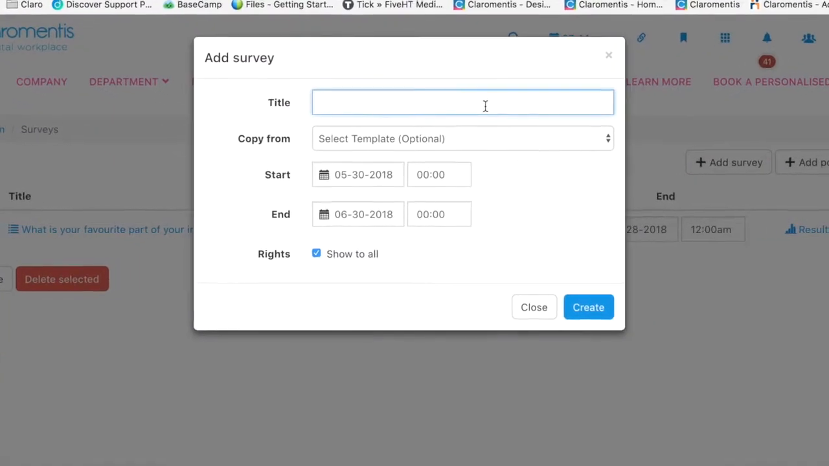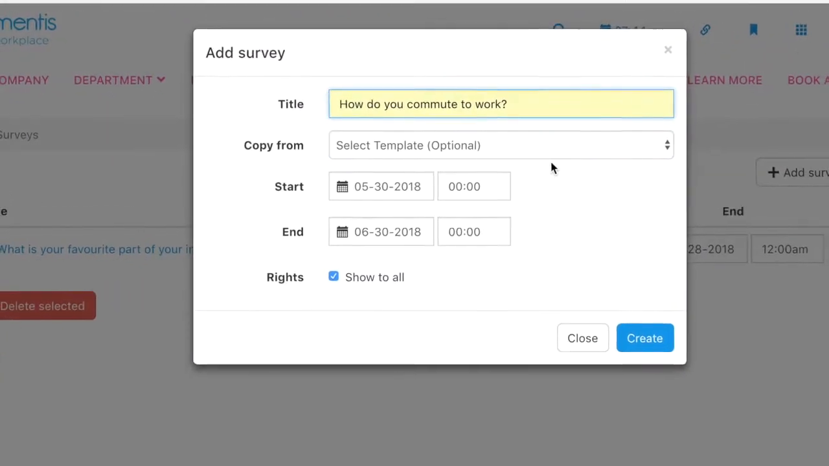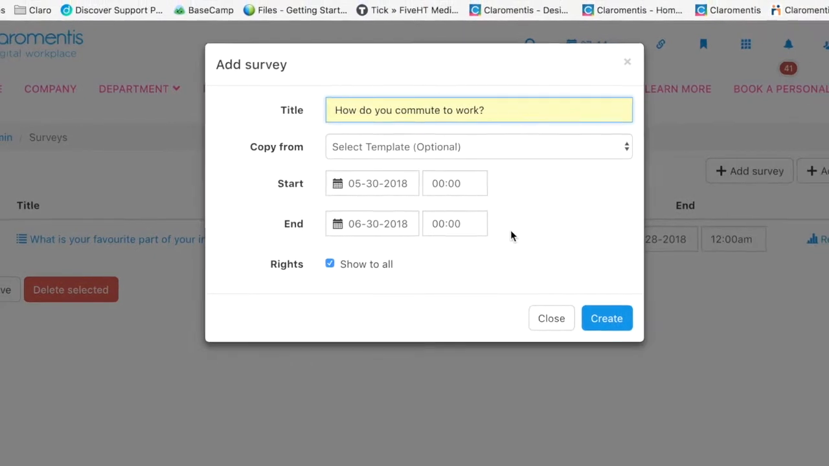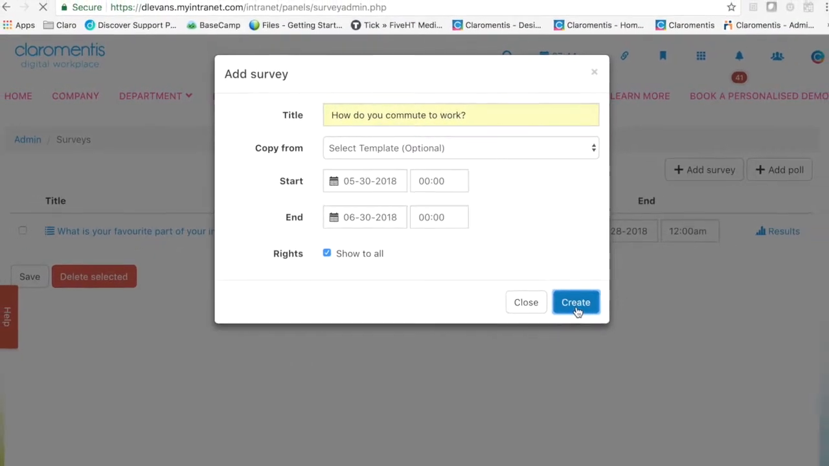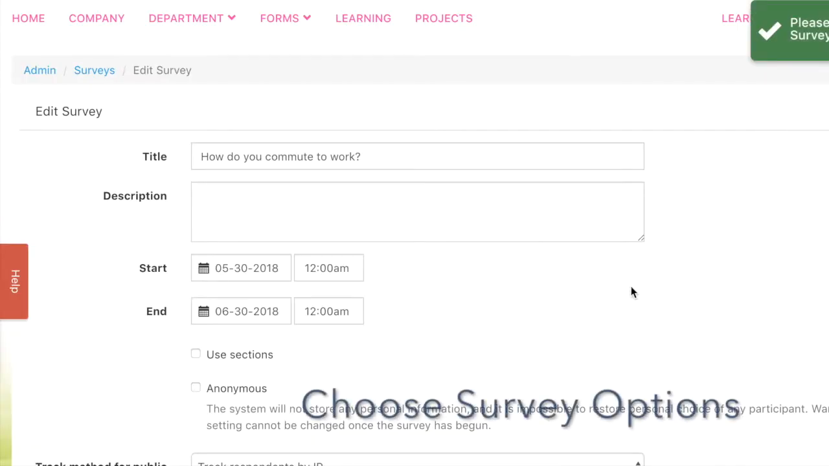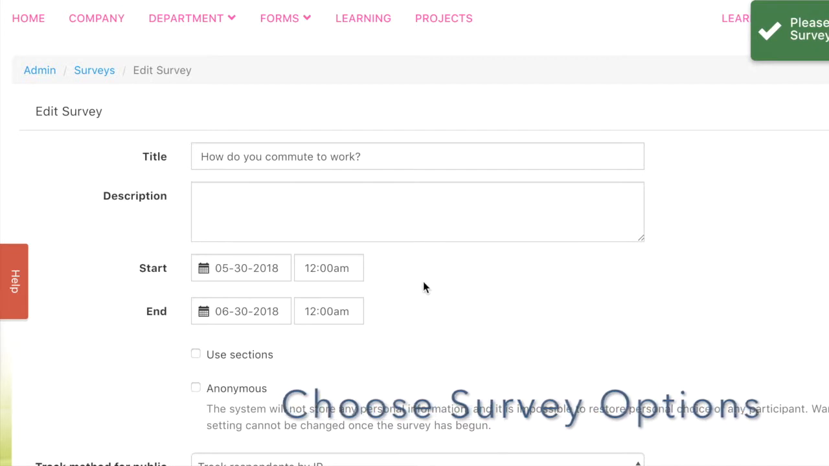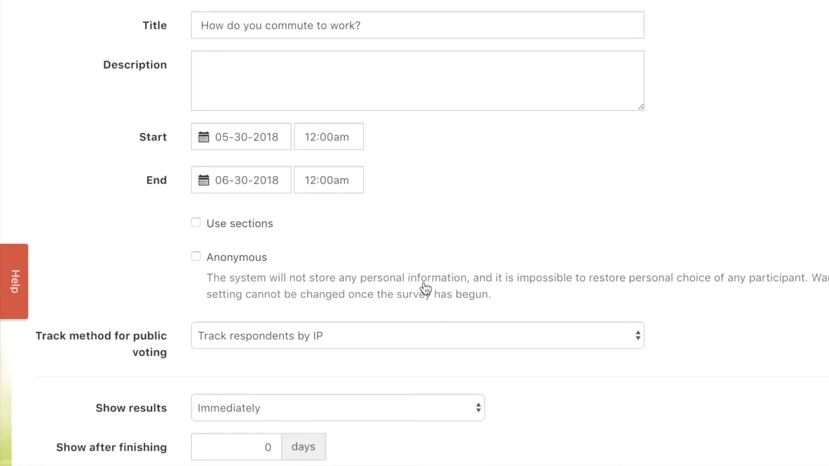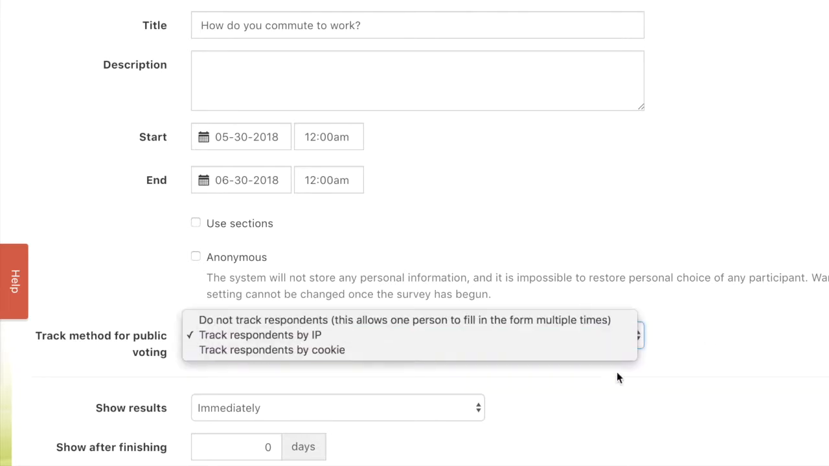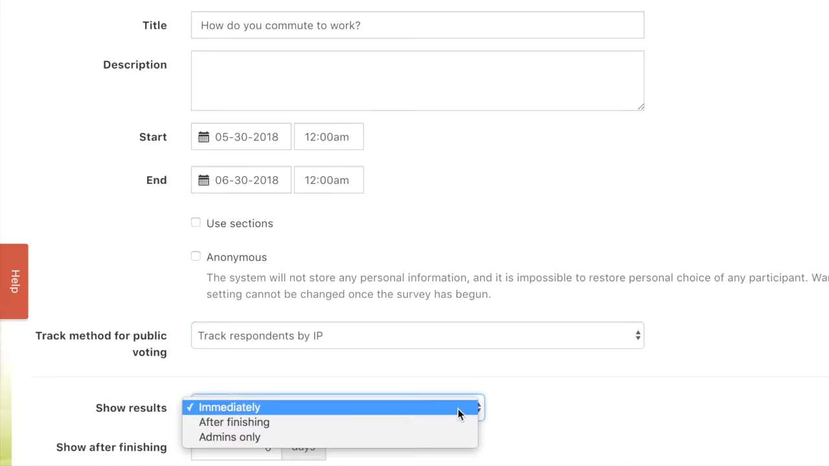It will prompt us for the title, an existing survey, and I can choose my start and end date. From here, I can add a description of the survey, modify that start and end date, and have the option to make my survey completely anonymous. I have a few options for tracking voting, as well as whether I would like to show my results immediately